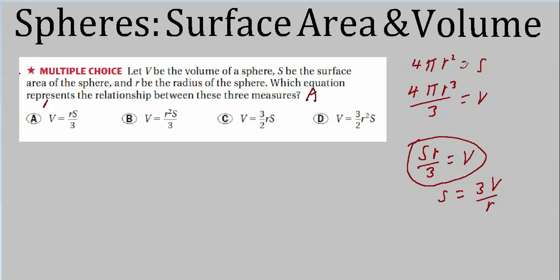All we had to do was lay out our two formulas for surface and volume and figure out if we could pull one out. And we did. Surface is, in a sense, contained in this one because we have 4 pi r squared inside here. We just write this as r squared times r and then divide by 3. So this was actually pretty easy too.